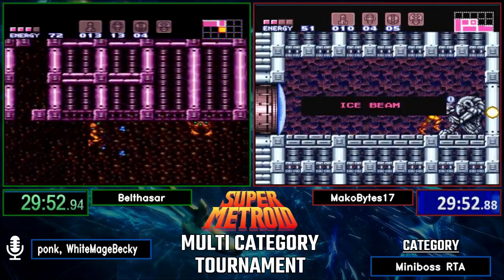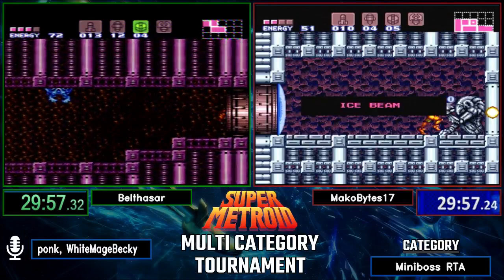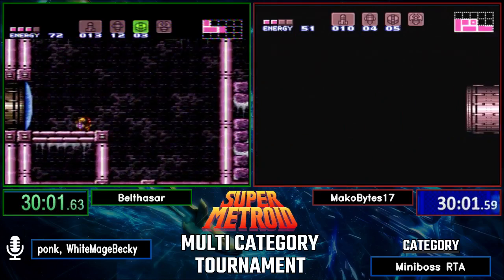You can do a really cool, you can actually skip some of these grapple blocks, make it like in 3 swings. If you do it like really well, it looks really impressive. But this is also really fast, so